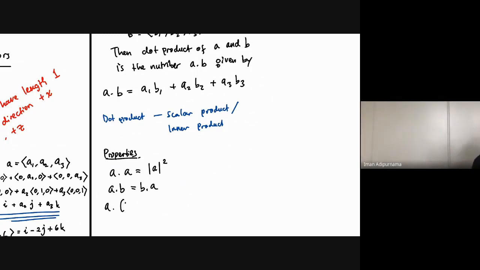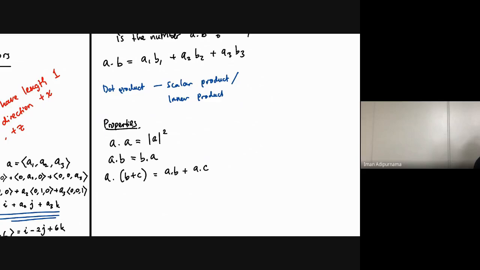And if you have A dot (B plus C), you can write A dot B plus A dot C. So if A, B, C are vectors and d is a scalar, so if you have dA,